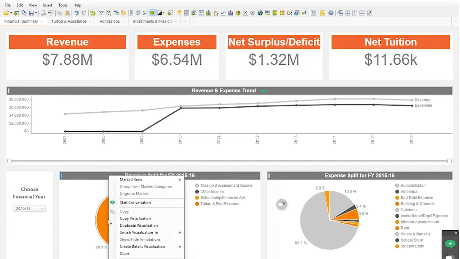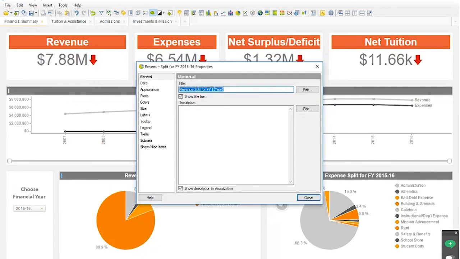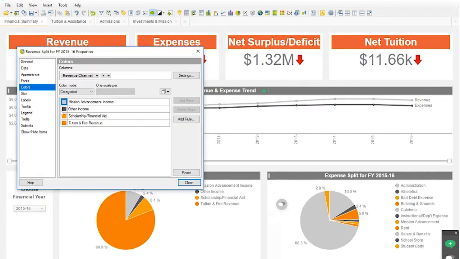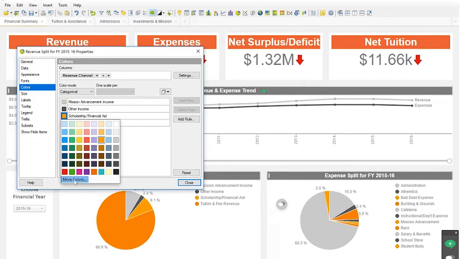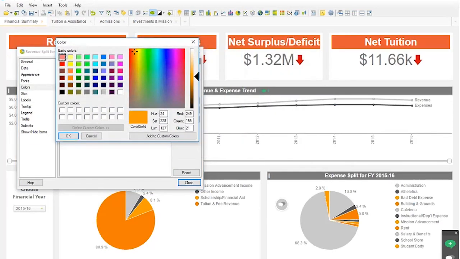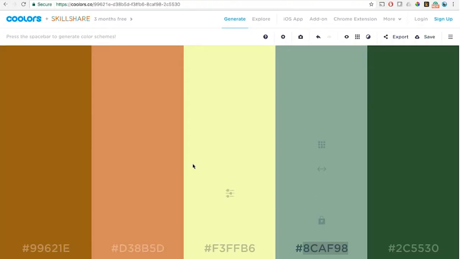Here it is. So let's go ahead and do it with this pie chart instead for demo purposes. So I go to my colors tab. I want to shift this orange to a different blue that I have saved in my RGB tone. So the easier way would be, yes, I'll go to a particular value here, but the other way of doing this could be I could go here